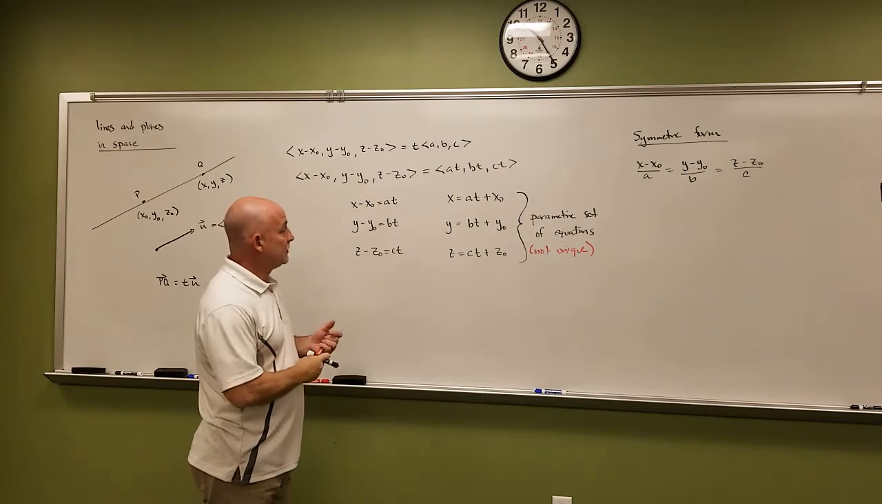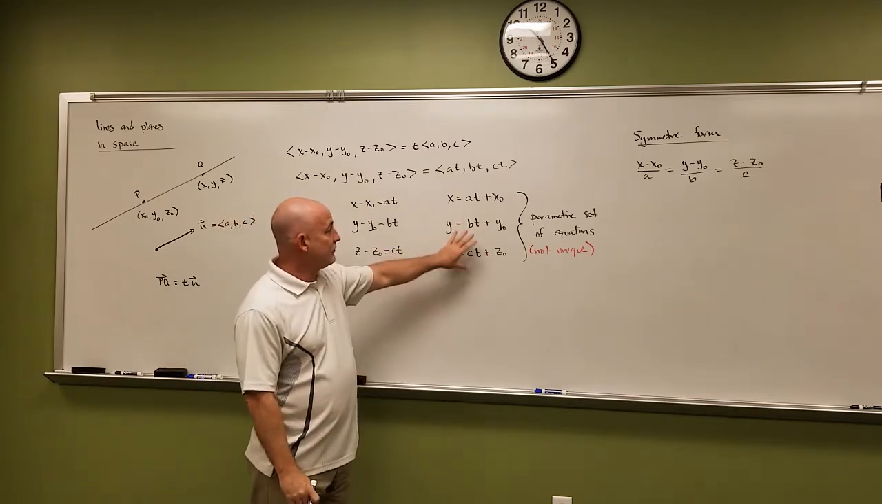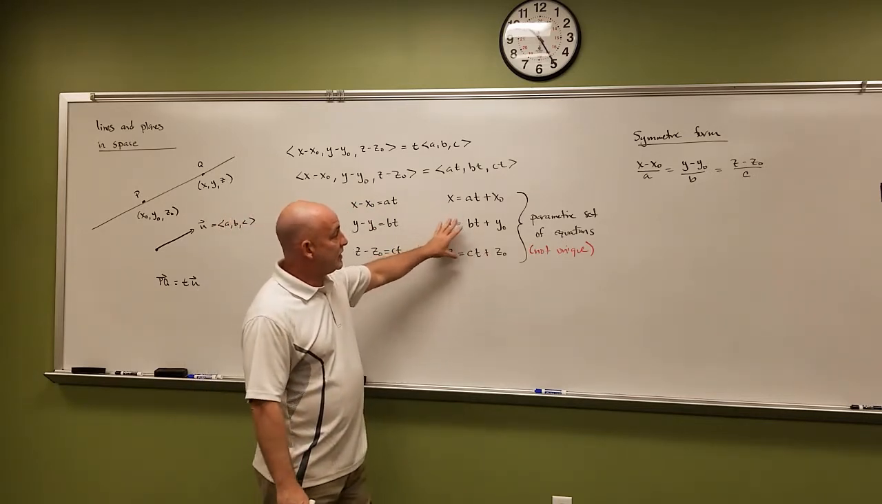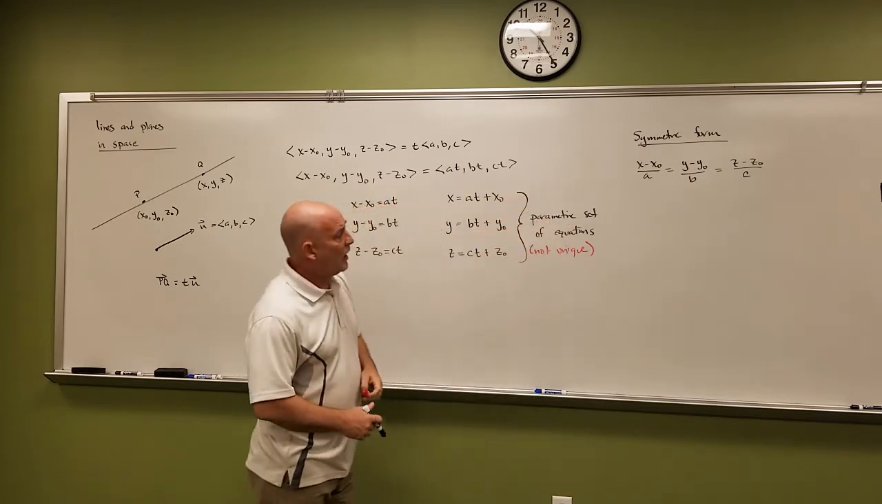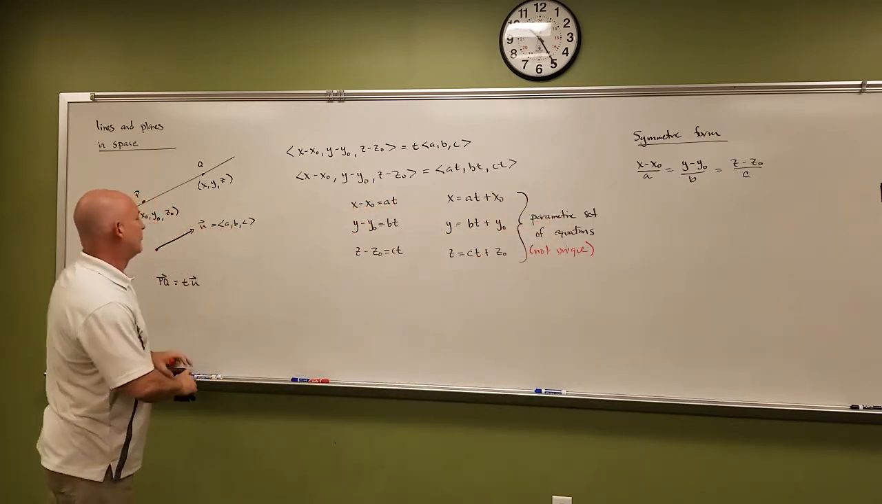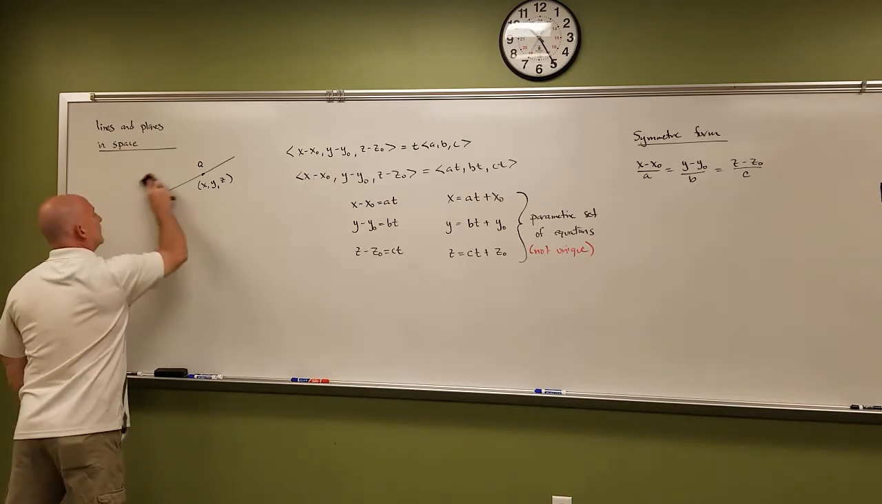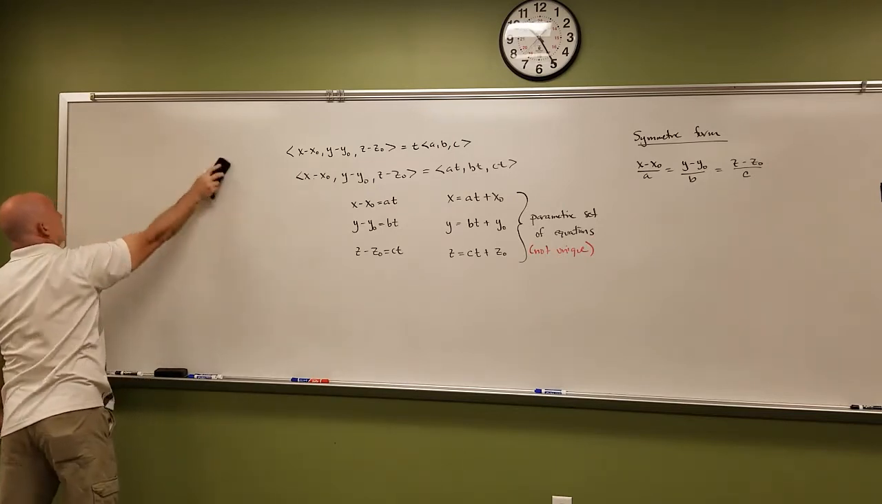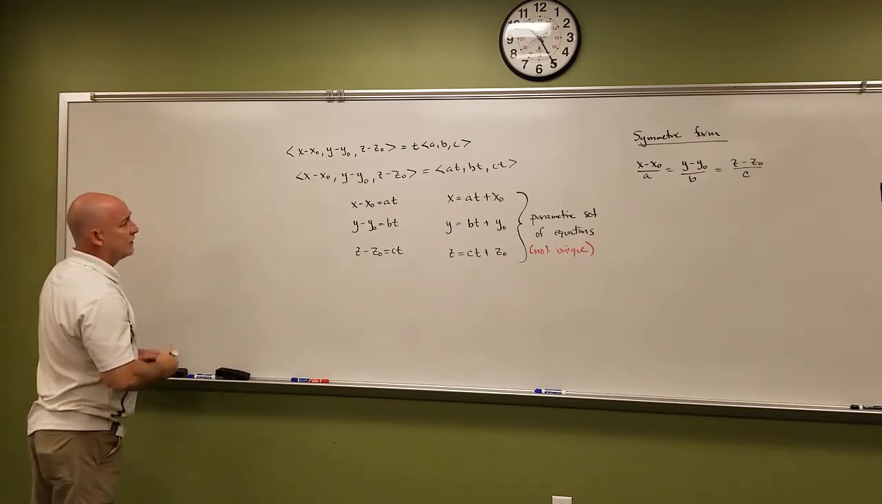Generally, what I would tell students is always come up with the parametric set first, then solve for t to get it into the symmetric form. Generally, it's far less useful than the parametric form, so that's the one we're going to stick to most of the time. All right, so let's say if I said,